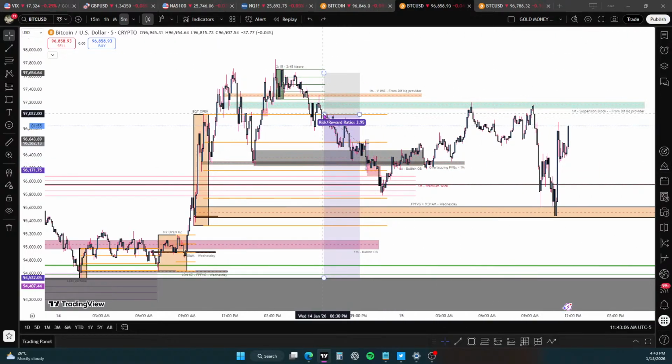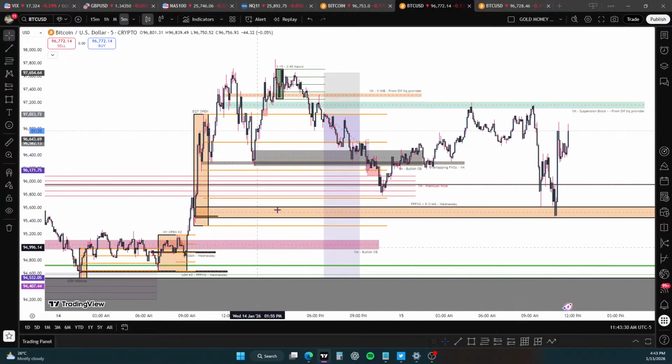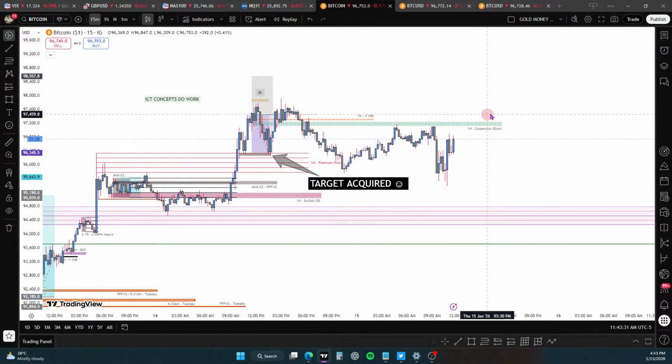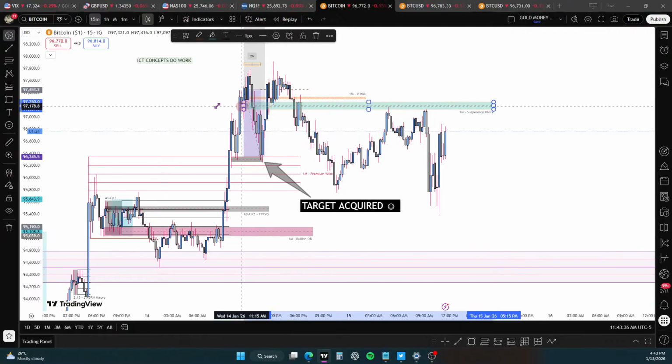So I knew up here that we'd be coming down to here, and then obviously we had this retracement from my area. So we came to my area, right? And then the significance of this 1 minute premium wick was outlined by this delivery here. And then we take out this buy side, all the way up into this suspension block here, which was on the live stream that I've just showed you before. So you can see that this suspension block was drawn on this chart here.